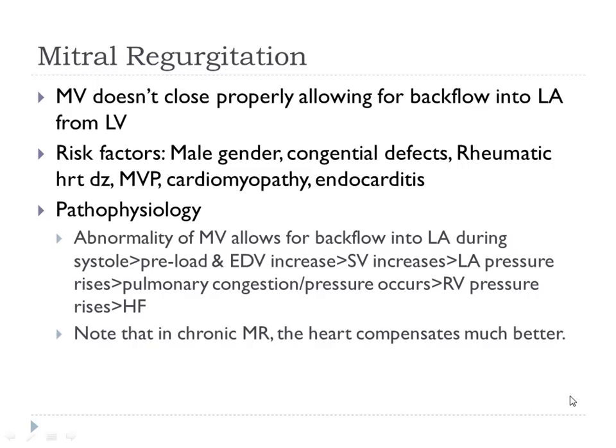So it allows the blood to backflow into the left atrium on systole. So when systole happens, what happens to the tricuspid and the mitral valves? They slam shut, right? And then the aortic and the pulmonary valves open. So the mitral valve doesn't slam shut like it's supposed to, and the door doesn't close. It slams shut, but then kind of opens back up and lets it flow back up into the left atrium. Regurgitates back because it's weak, something's happened. It's not staying shut on systole. So therefore we have backing up of blood, right?